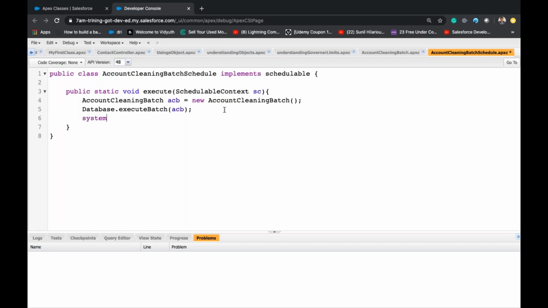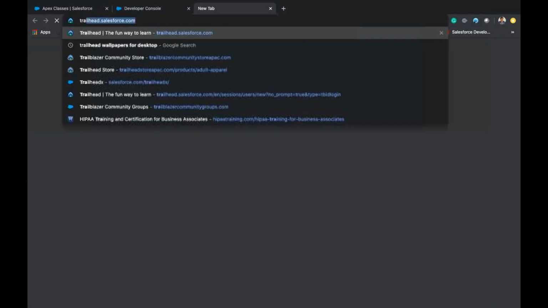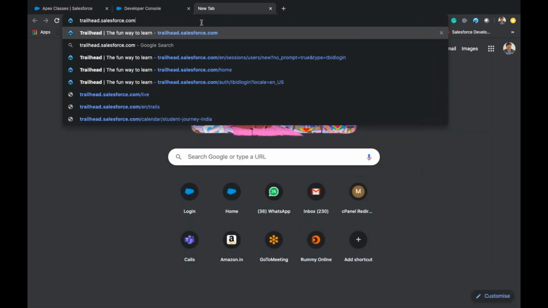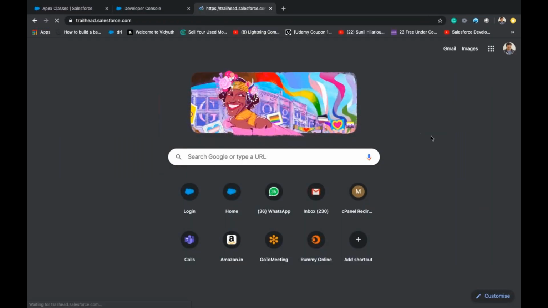So System dot should give me all the system methods, right? Sometimes it doesn't work. Let me go to this, it should be there in the Trailhead.